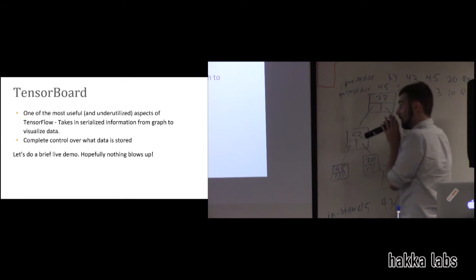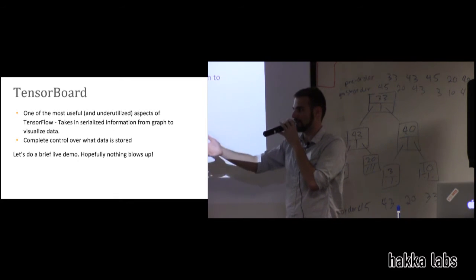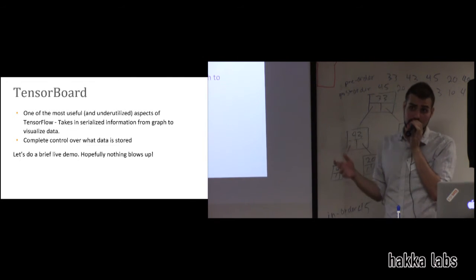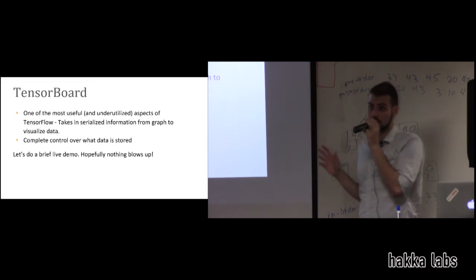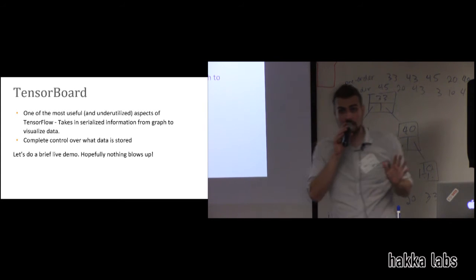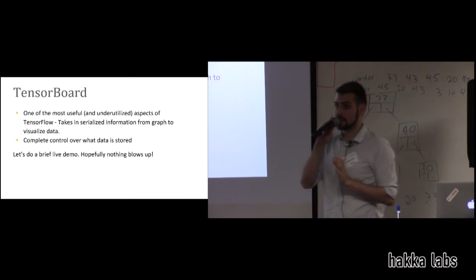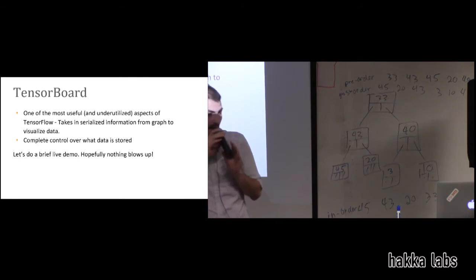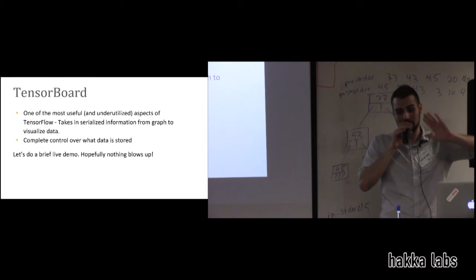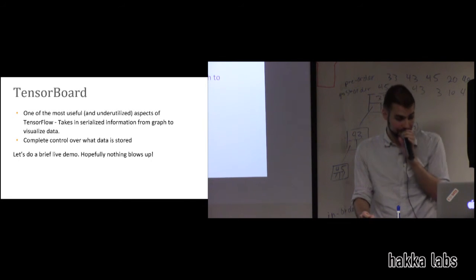Okay, so we're gonna try to turn this into, I feel like I'm going on for a long time, but I don't know what time limits we have here. But I want to talk about TensorBoard quickly because it's very cool. And if you've worked with TensorFlow and haven't used it, it's very easy to make a lot of great use out of it. Basically, TensorBoard allows you to visualize your models and statistics from your models. And it can help you make sure that your models match what you've sketched out on paper, right?